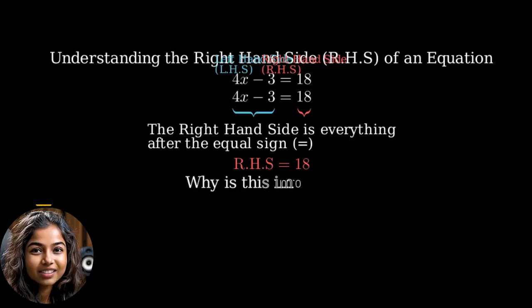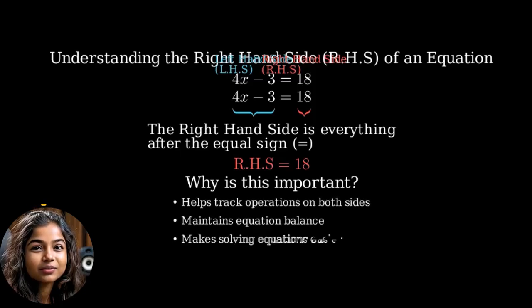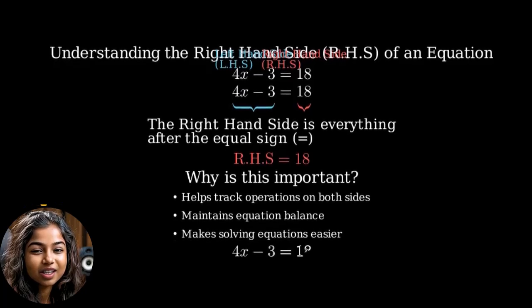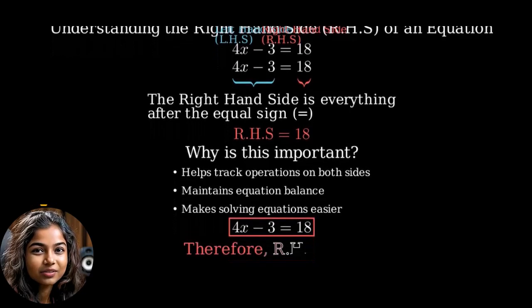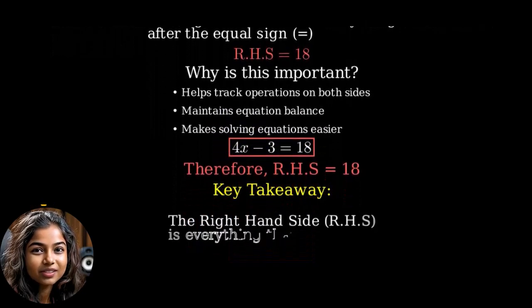When solving equations, we often need to perform operations on both sides to isolate the variable. The right-hand side helps us keep track of what we're doing to both sides of the equation. Since 18 is the only number to the right of the equal sign, the right-hand side is 18. Remember, identifying the